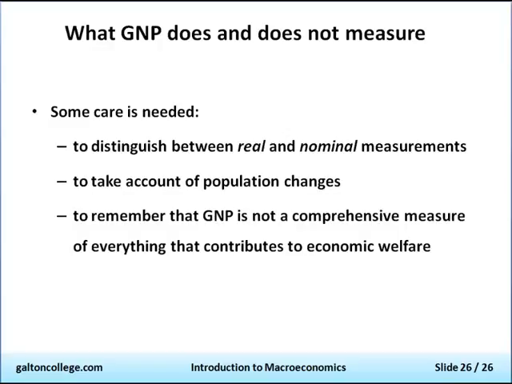And we have to remember that GNP is not a comprehensive measure of everything that contributes to economic welfare. Economic welfare, or indeed just welfare, is a function of health, the climate, the social conditions in the country, freedom, the ability to express your opinion, the ability to practice different religions if desired, and so on, law and order. So there are many factors that contribute to our overall welfare, not just our economic welfare. And of course, the economic figure doesn't pick these up.